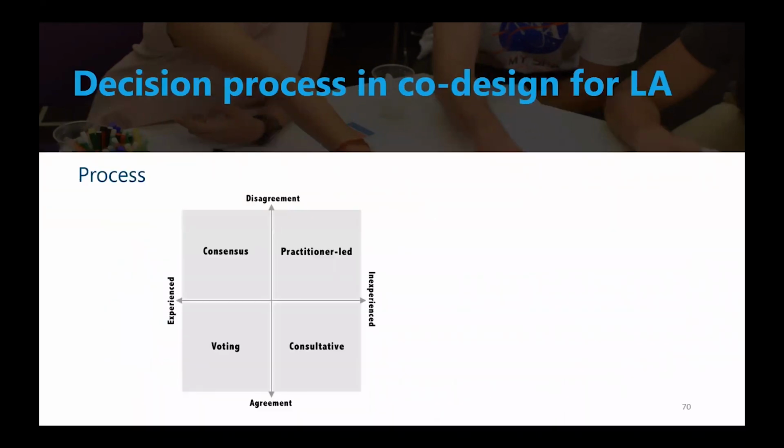When making decisions, we define a matrix using current literature. We set this in the learning analytics co-design process. How does this look with examples? Well, at one point we wanted to see what kind of feedback they would like to get. Do you want to get critical incidents, mistakes? How much stress are you getting? People were very experienced. They understood what the feedback is about. So they have experience in the field, and they agreed that we need feedback. So we have to vote which one is the best option. So we have to move to the next step.